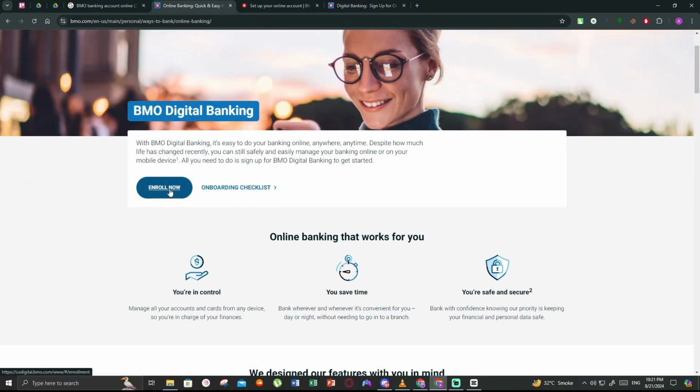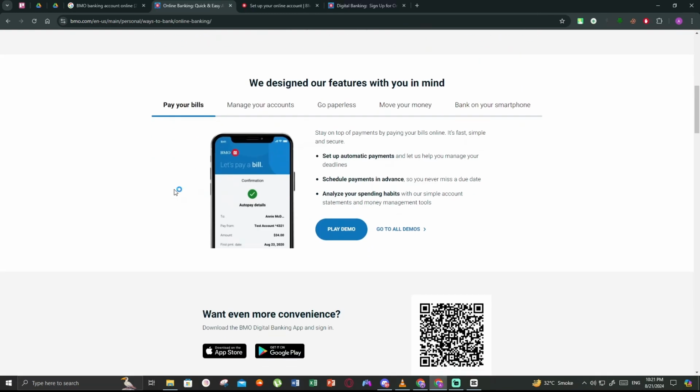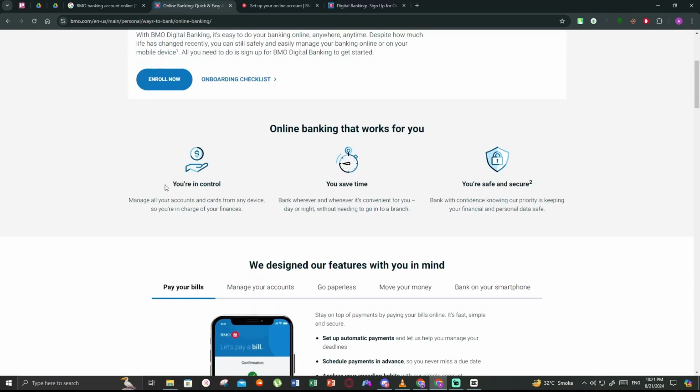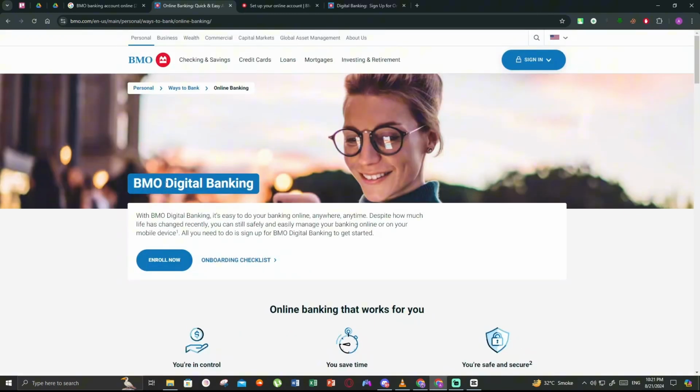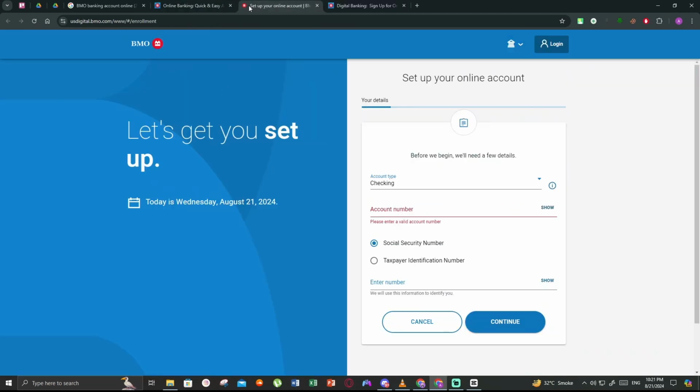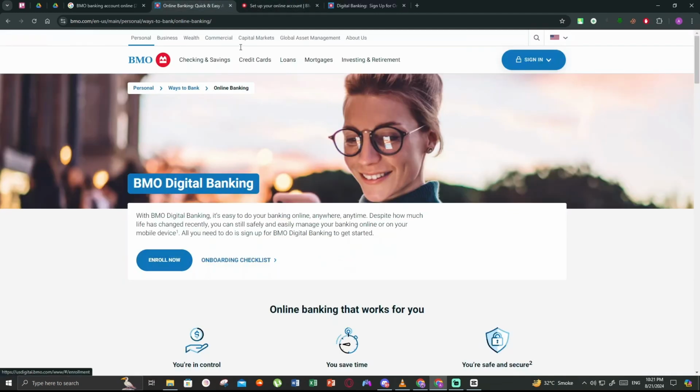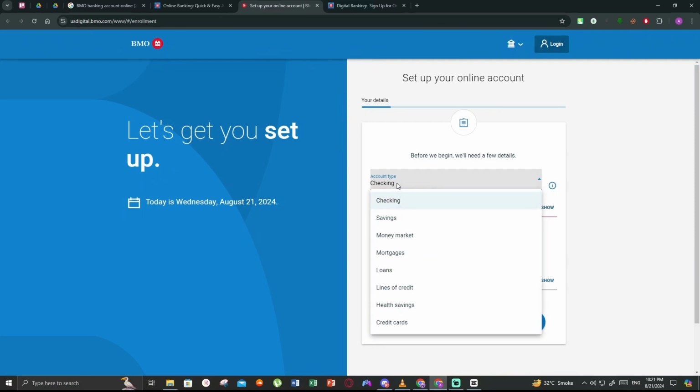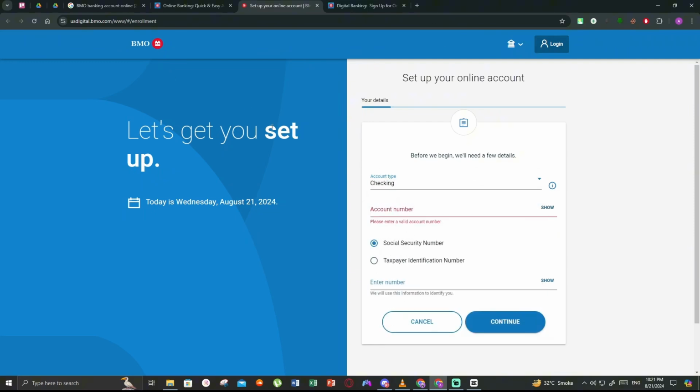You can enroll now by just giving in the information you have about your account. And if you don't have the account, you can first create the account and then go to the digital banking. It's very simple. For that, just click on enroll and it will take you to the enrollment of BMO